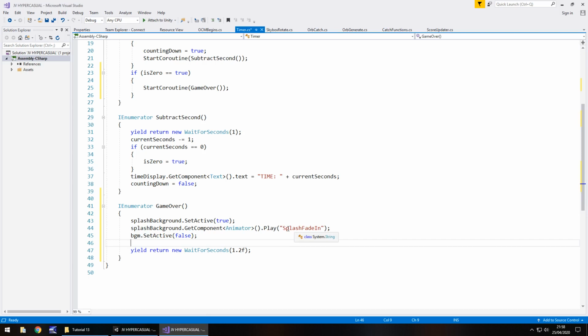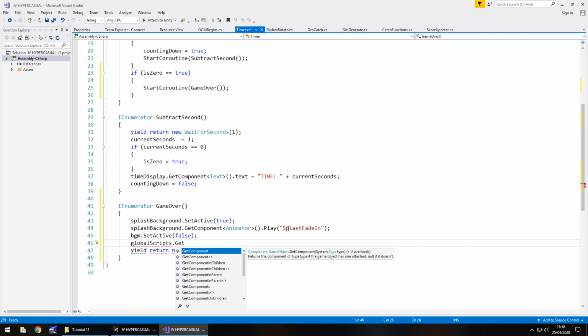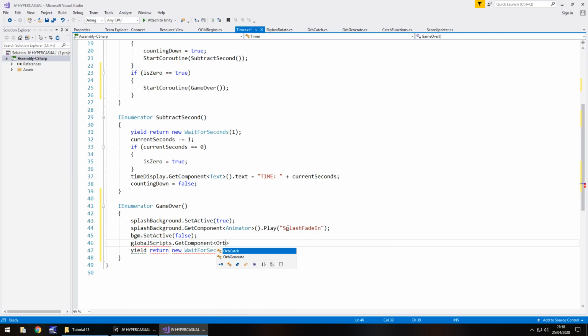So that's going to be globalScripts.GetComponent<OrbGenerate>().enabled = false;